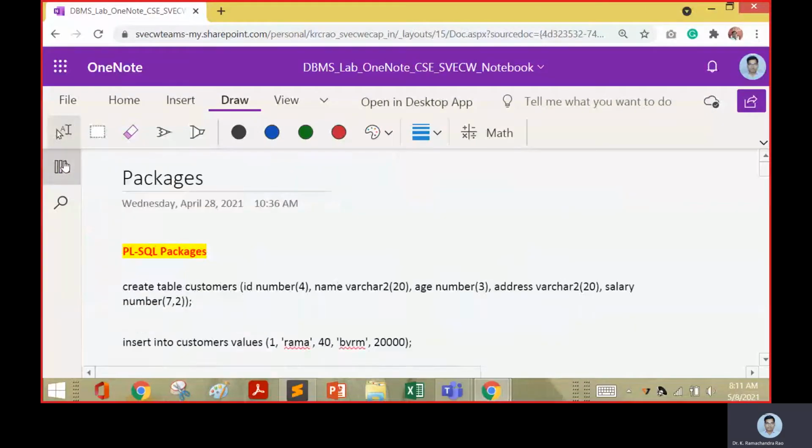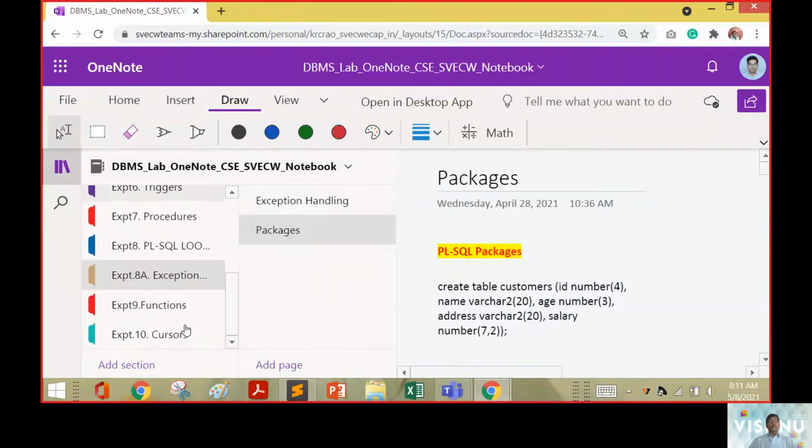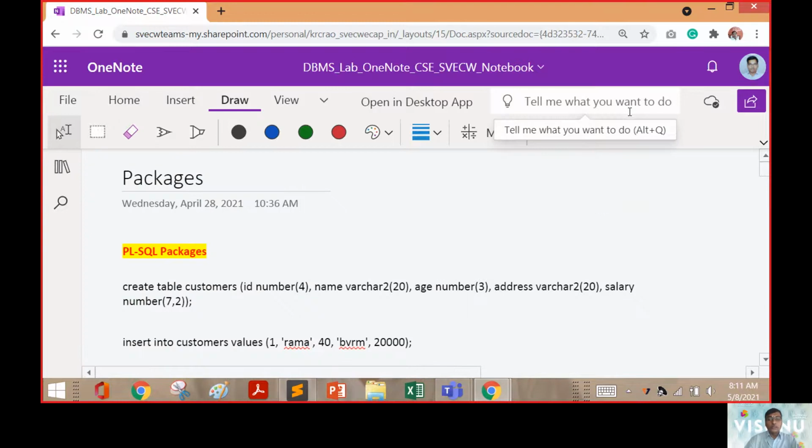DBMS lab. Now, in this DBMS lab, we are discussing experiment number 8, which is on exceptions, which we completed. Now we will be taking up packages as a part of the exercise here.